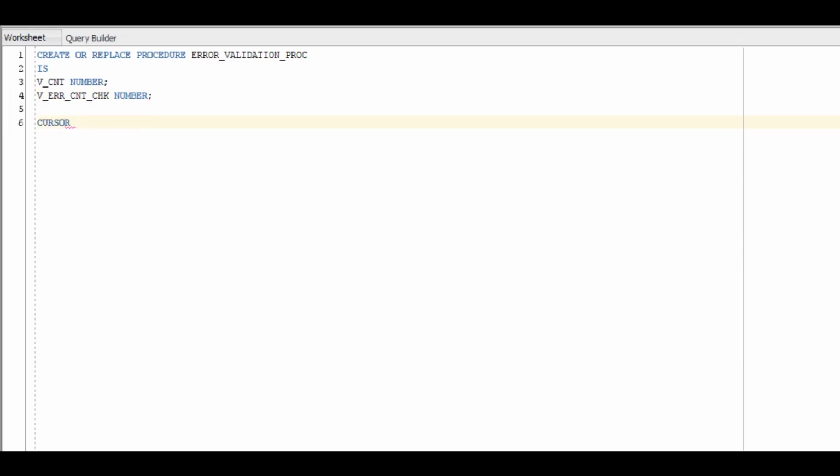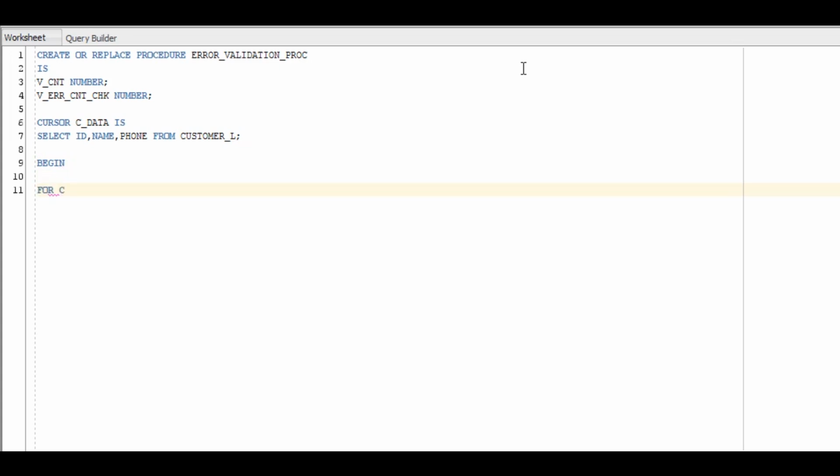We are not covering cursors in detail in this lecture, but let me tell you that cursors are of two types: implicit cursors and explicit cursors. Here we are defining an explicit cursor. We'll be covering this topic in detail in a separate video. This cursor holds the data for the customer_L table, and there will be three columns: ID, name, and phone number.